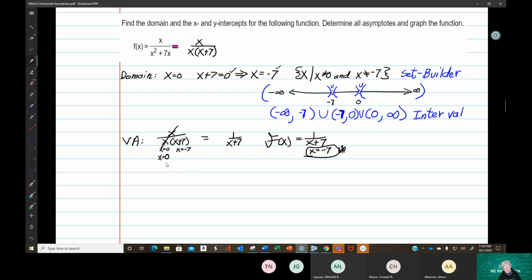We are going to have a hole there. So your vertical asymptote, the equation of the vertical asymptote, is x equals -7. Now that we know we have a hole, let's say where the hole is. The hole is at